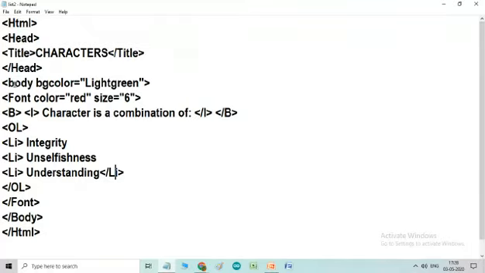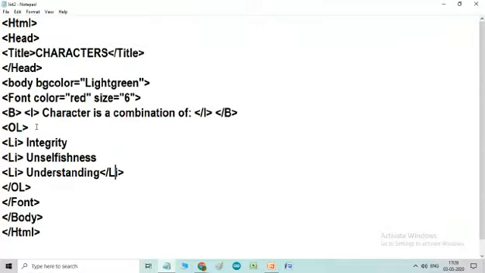Now the body begins. Body bgcolor light green, font color red and size 6. I want my heading to be in red color, size 6, and it should be bold, italic also. Now this much all of you know.